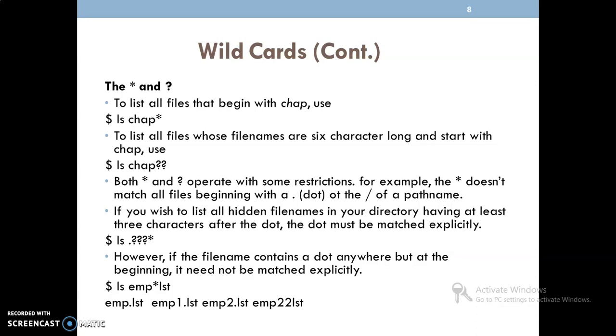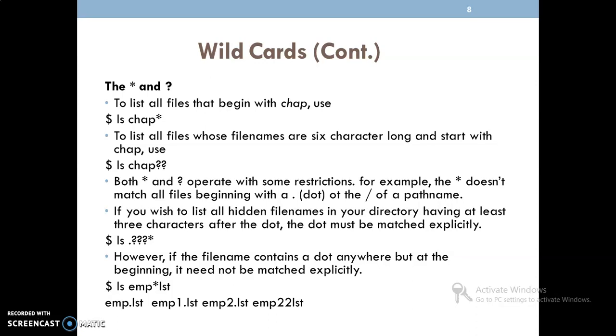If we wish to list all the hidden file names in a directory having at least 3 characters after the dot, the dot must be matched explicitly. So in this case, we use the ls command with a dot, 3 question marks, that is 3 characters, then asterisk for 0 or many characters.